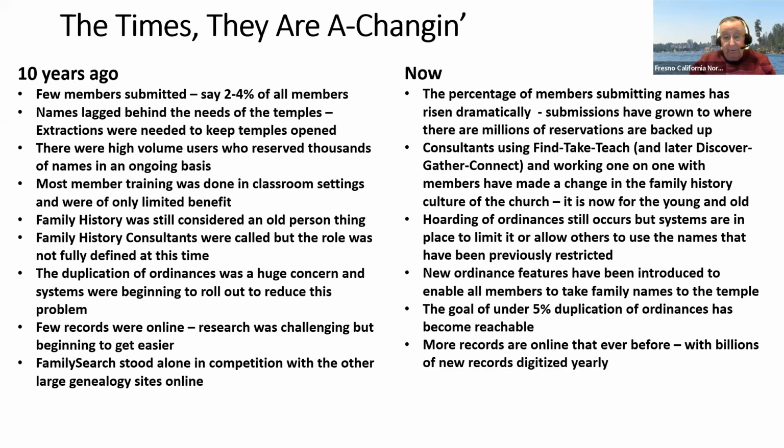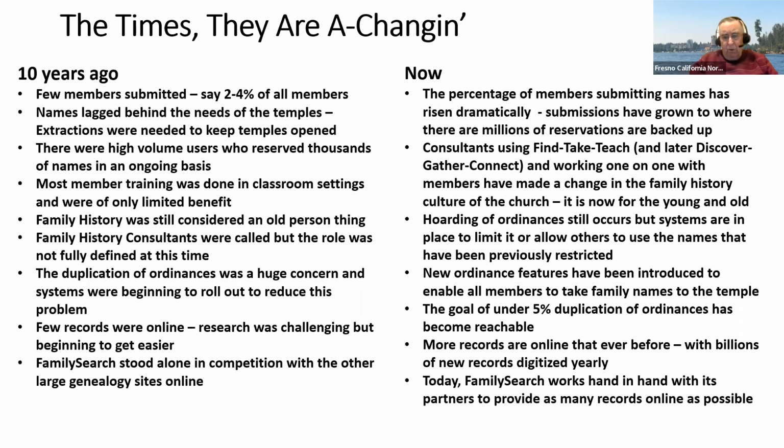And I think they believe it's somewhere around that right now. More records are online than ever before, with billions of new records digitized every year. You know, the church just finished digitizing all the rolls of microfilm, and in the near future, they'll all be online. And really important, today FamilySearch works with their partners hand in hand to help everybody have a better experience. And what that does in the end is provide us with even more records that we can use and utilize to build our pedigrees than what FamilySearch alone could put out.